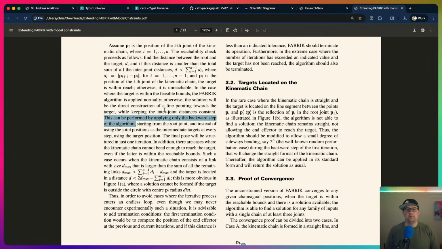There might be an inversion between backward forward semantics again, you think? No, I don't think so. They say only the backward step starting from the root joint. That is the backward step. Forward is from end to root, and backward is from root to end. So backward is starting from the root. In this case, you need to do root to tip. Yep, root to tip, which is the backward pass. It would also need to be backward pass